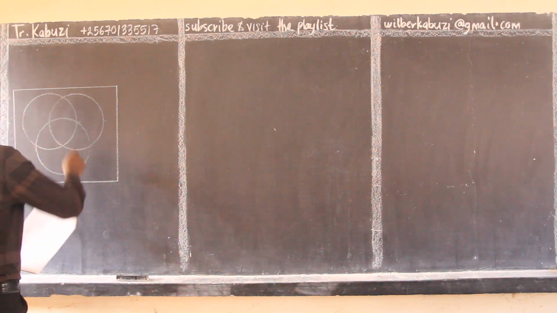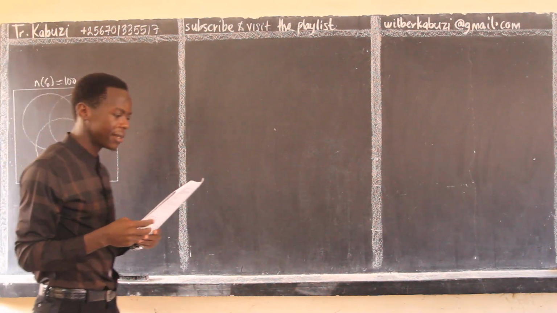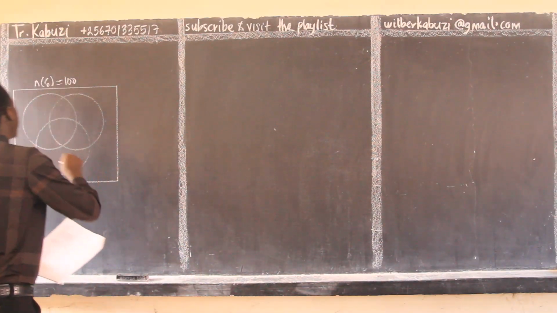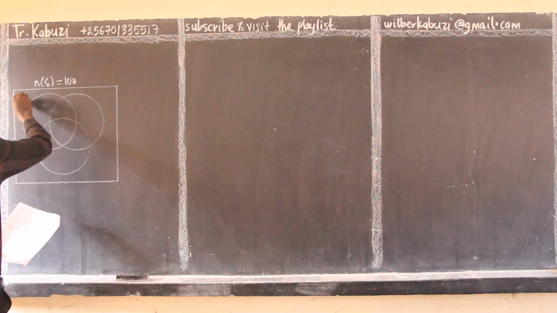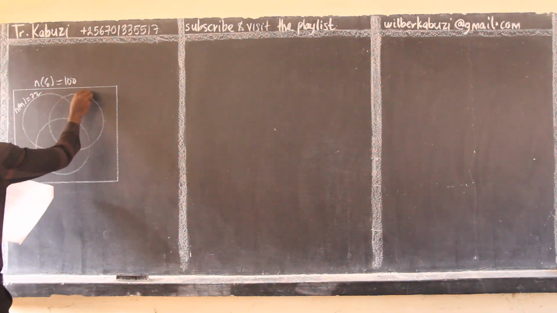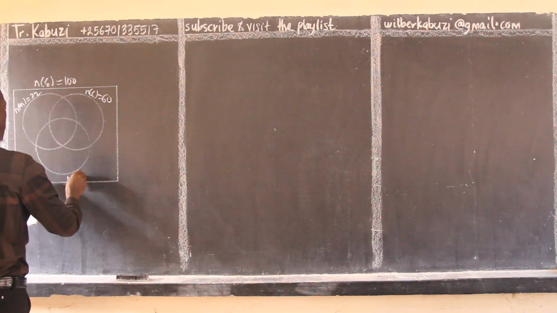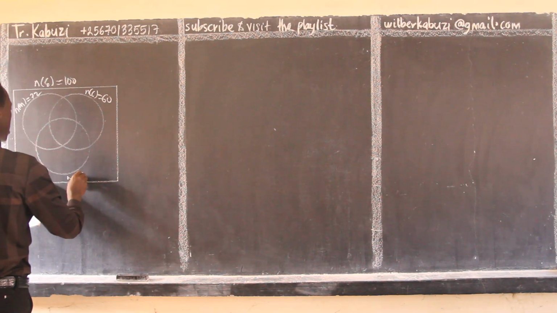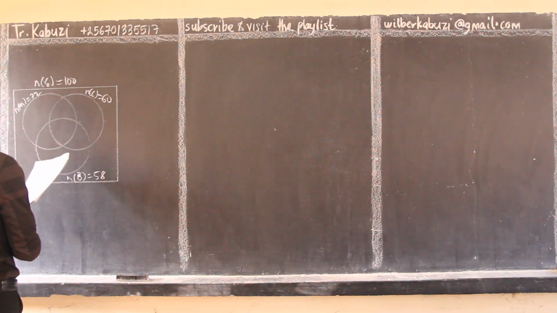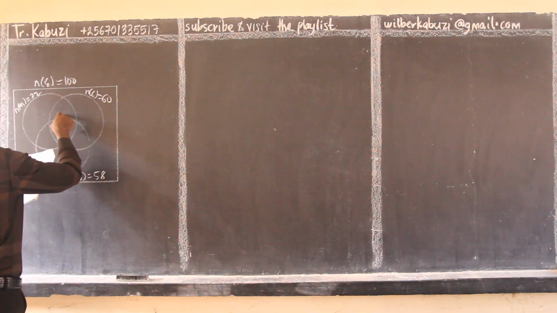Or what they are planning for. So here we have 100 students in the universal set. Then they are telling us that 72 eat meat. So those who eat meat are 72. 68 chicken, they are 60. And 58 eat beans. So those who eat beans are 58. It was found that the number of students who eat both meat and chicken only are twice